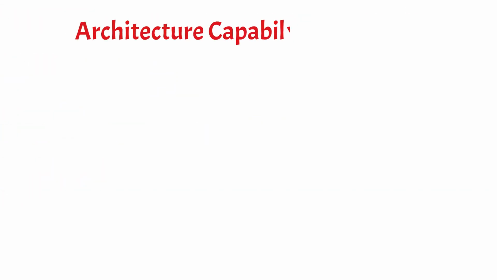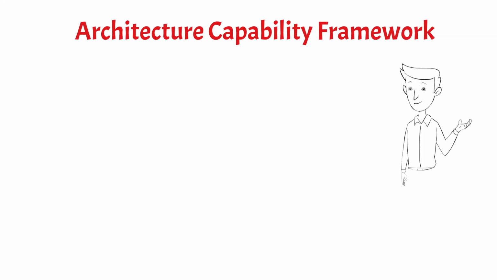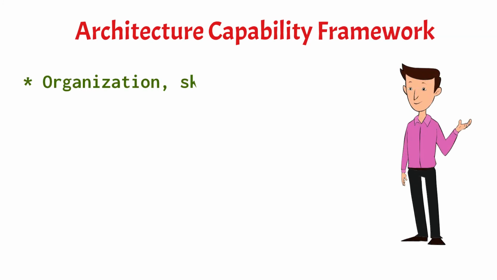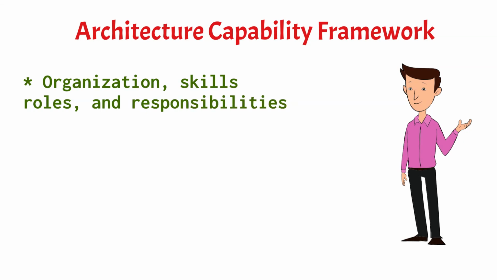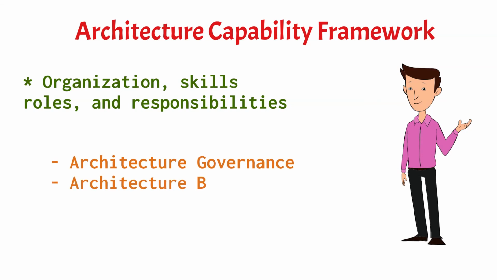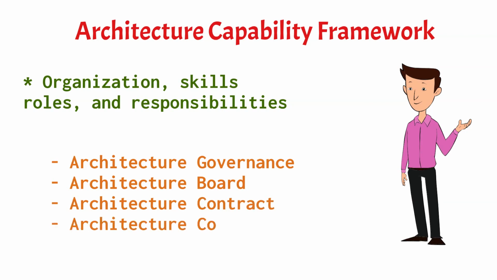The architecture capability framework defines the organization, the skills, the roles, and the responsibilities required to implement TOGAF or to implement an architecture. And typically the concepts that we look at there are the architecture governance, the architecture board, which is one of the highest bodies that determine how we progress with our architecture work, architecture contract, and the architecture compliance. So do look out for more details of these concepts in